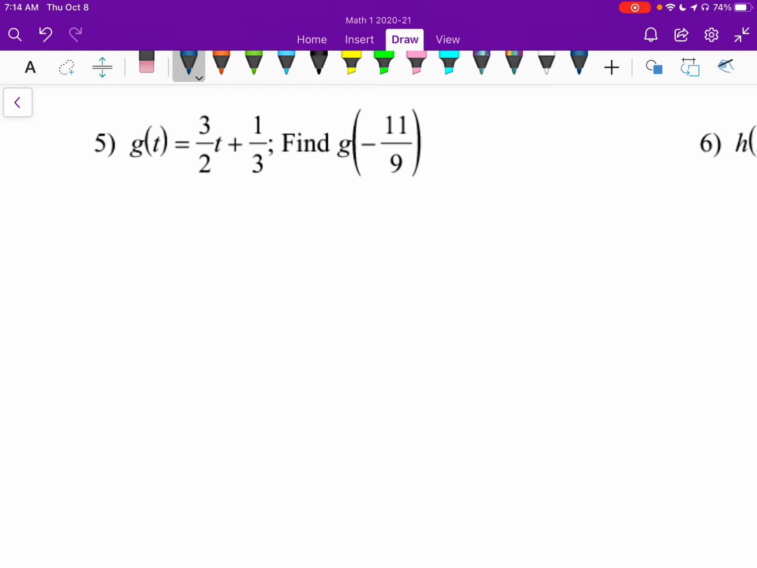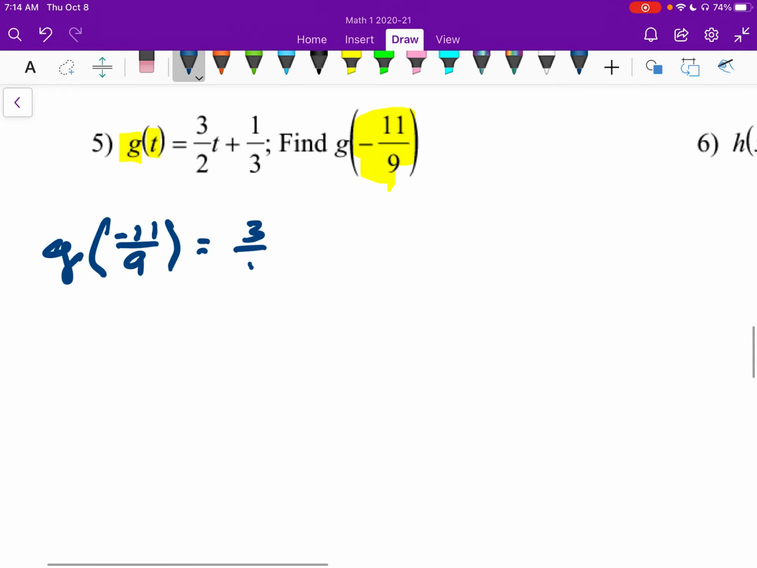So we have a new function letter. It's g. Our variable is t, and they want us to plug in negative 11 ninths. So we're going to have g of negative 11 over 9. And normally whenever I have a fraction with a negative, I end up going ahead and putting that negative in the numerator because I find that I don't lose the negative as easily if it's in the numerator. So g of negative 11 over 9 equals 3 halves times,